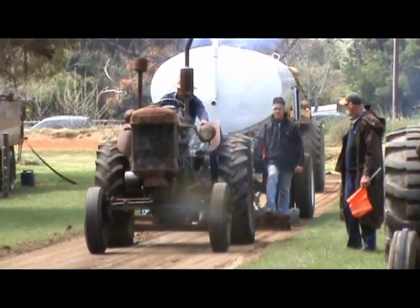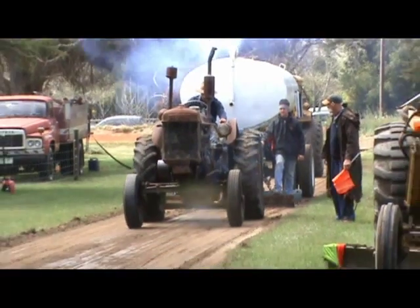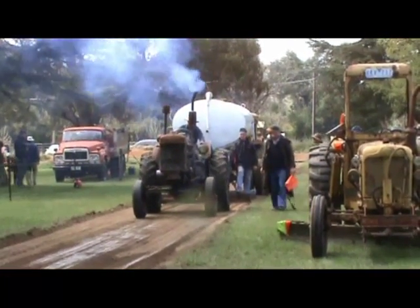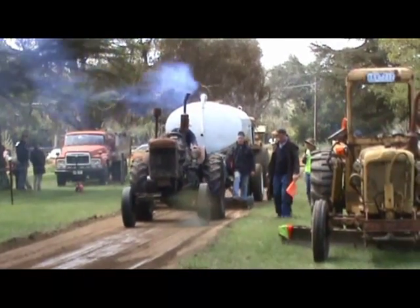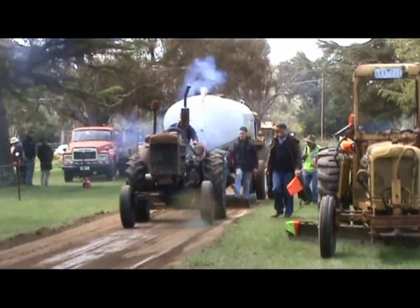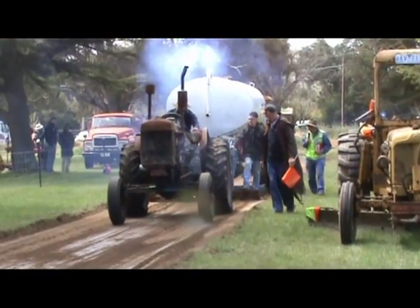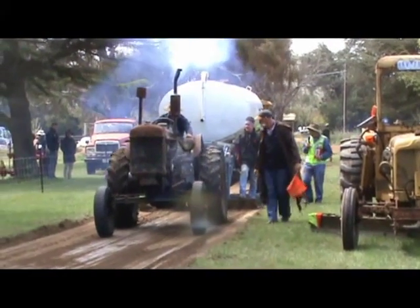Still moving quite steadily there, but starting to struggle now. A bit of wheel spin, I think that might be it. Really starting to blow smoke now. The Fordson is really struggling, but it's still moving, and that's what Robbie wants, blowing smoke. A little bit of wheel spin once again, but to his credit, Robbie Green's got this P6 still motoring, probably